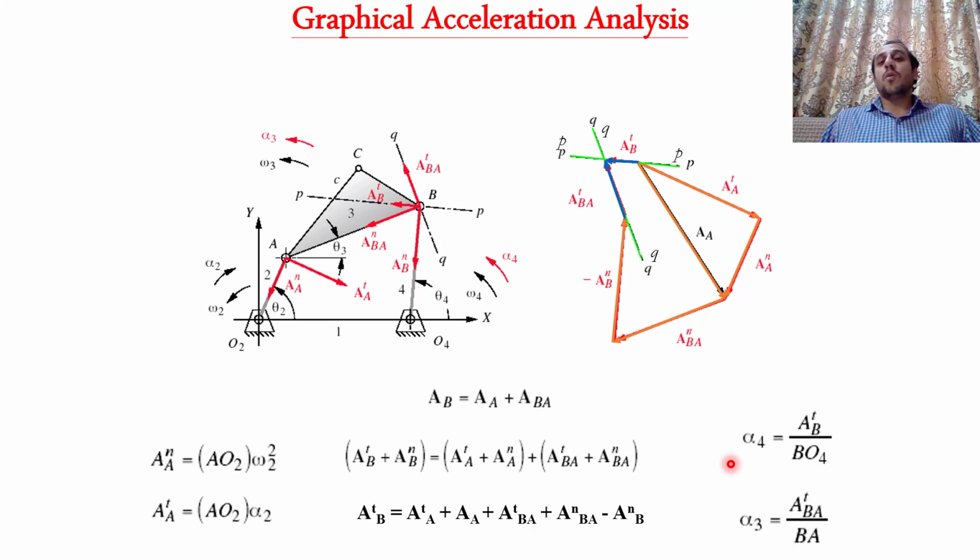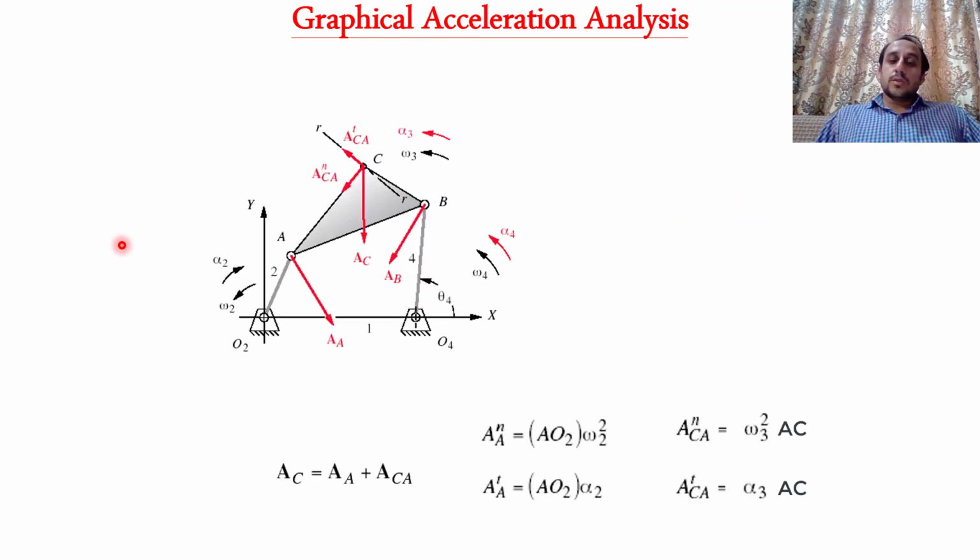It means we have all the angular accelerations calculated, and we have the acceleration of point B अवेलेबल एंड वी हैव द एक्सेलरेशन ऑफ पॉइंट ए अवेलेबल। ये हमने सब कुछ फाइंड आउट कर लिया। ठीक है, सो द ओनली थिंग वी आर लेफ्ट विद इज व्हाट, दैट इज द एक्सेलरेशन, लीनियर एक्सेलरेशन ऑफ पॉइंट सी। अब ये पॉइंट सी की एक्सेलरेशन हमें कैलकुलेट या फाइंड आउट या लोकेट करनी। ठीक है जी, ओके, सो मूव करते हैं नेक्स्ट स्लाइड में।